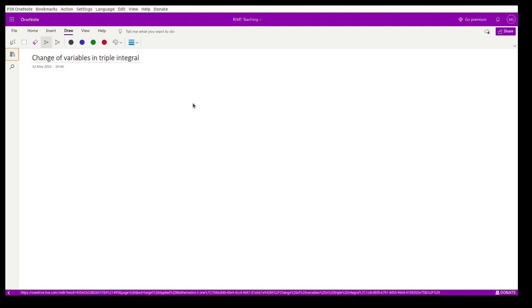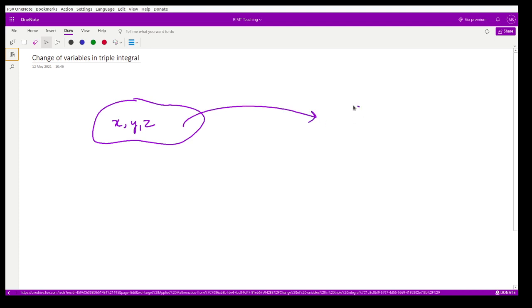So in the last video we studied how to calculate the triple integration, whether the limits are constant or variable. In this lecture we shall be discussing change of variables in triple integrals. Suppose you are given some region in which the coordinates are x, y, z, and you want to shift from this system to another system with coordinates u, v, w. These could be any other coordinates.